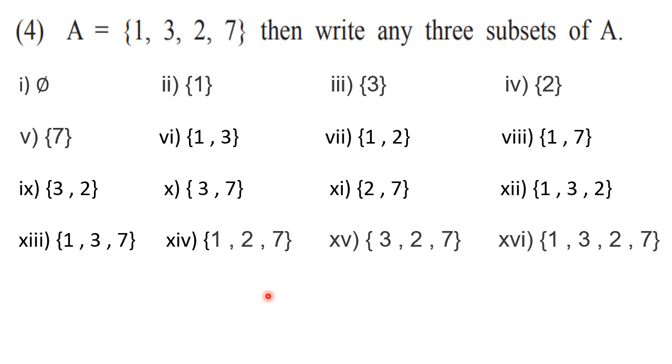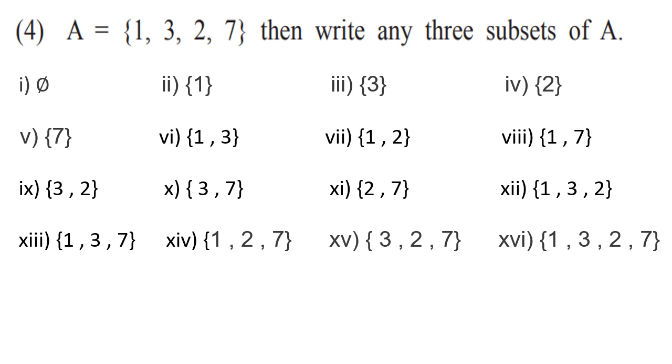Okay, so here I gave you all possible subsets. And you have to keep in mind that relation. Suppose you have only 2 elements, then 2 squared, you will have 4 subsets. If 3 elements are there, 2 cubed, you will have 8 subsets. For 4 you are having 16. And previously we discussed one question where we had 5 elements. So if 5 elements are there, then 2 raised to 5, we can write down 32 subsets. So 2 raised to the power of the number of elements gives the number of subsets we can write down for the given set. So keep these things in mind. This will help you further in your higher studies.